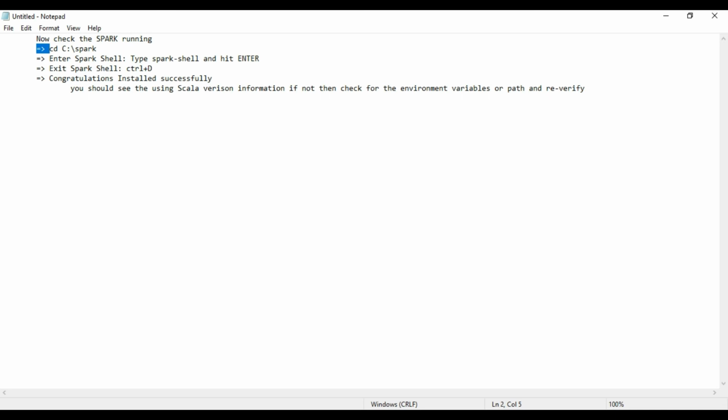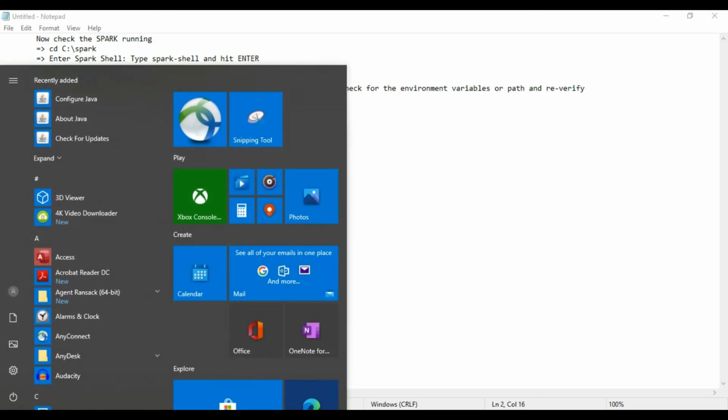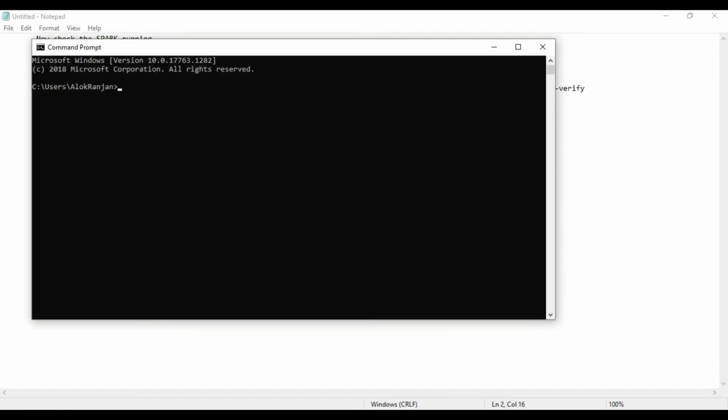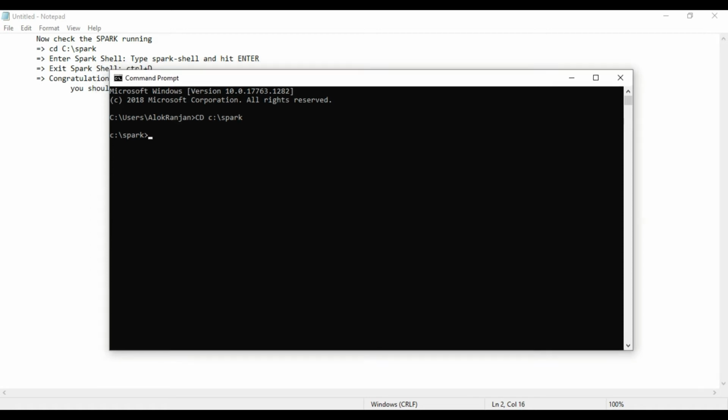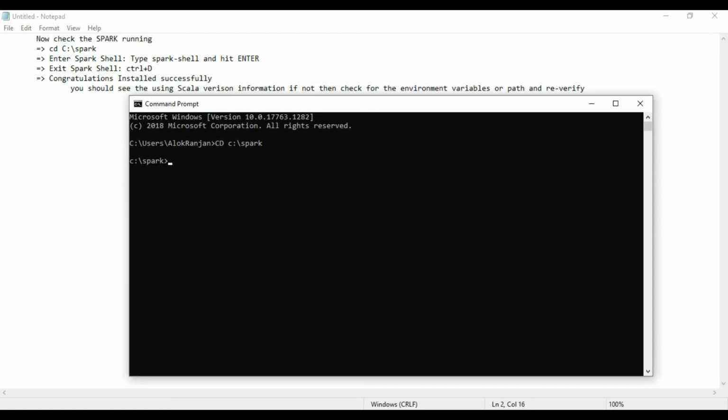We will open the command prompt again and type cd c:/spark. We are inside the Spark. Now we will write spark-shell and hit the enter.